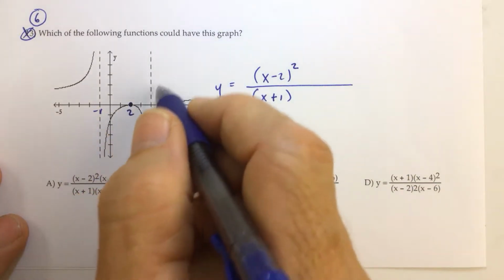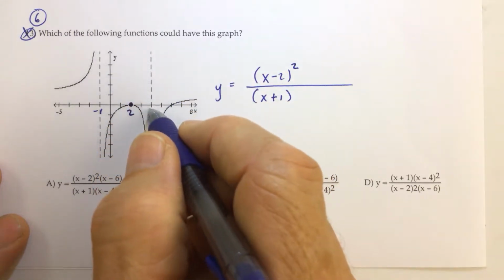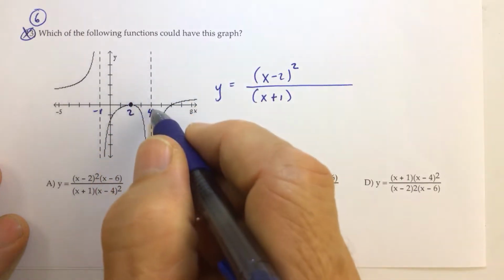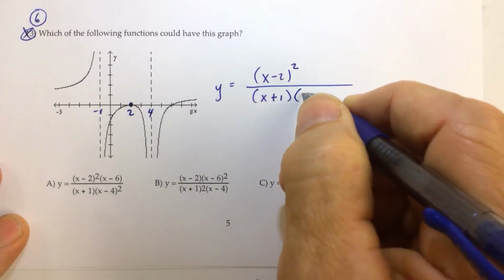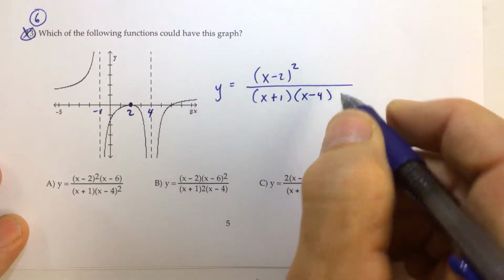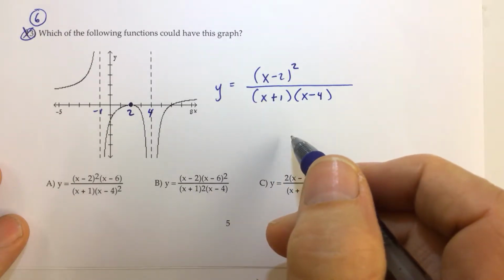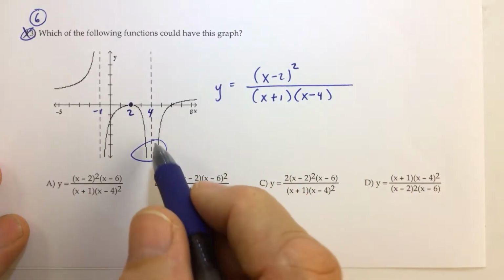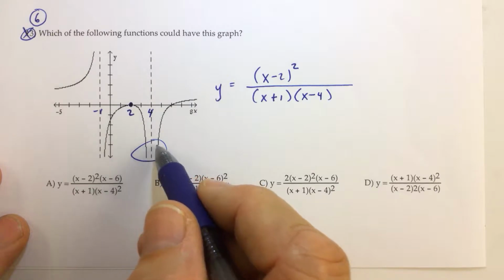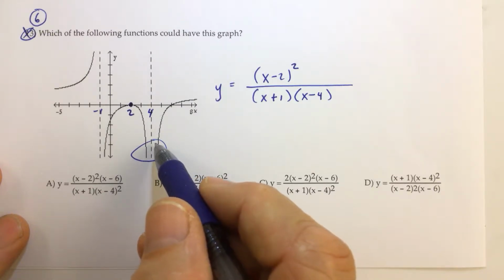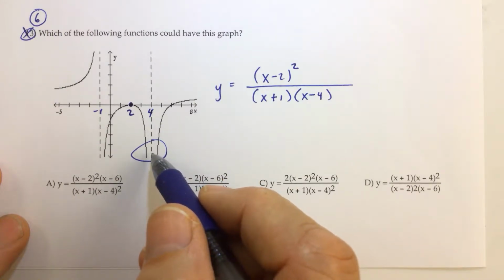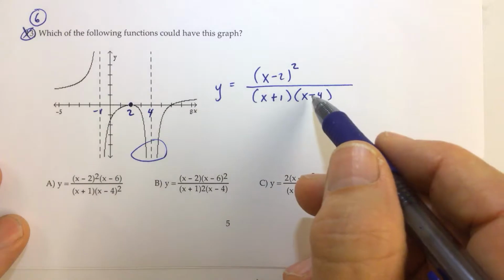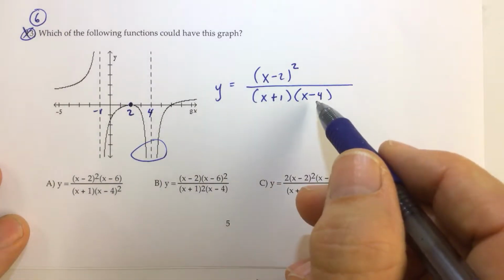Then I look over at the next feature on my graph, and the next feature is I have a vertical asymptote at x equals 4. That translates to a factor of x minus 4 in the denominator. Now here's the cool part. Notice the behavior near the vertical asymptote: on both sides of the vertical asymptote, the graph is moving downwards towards -infinity. That means that the multiplicity of the factor of x minus 4 in the denominator has to be an even